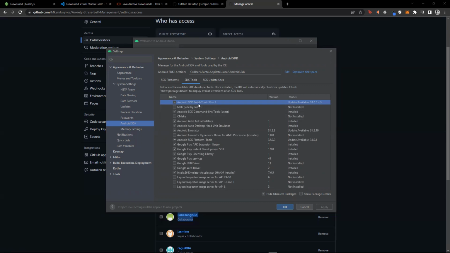Okay, and you're going to enable Android SDK build tools 33 RC3. This number could vary, the 33, but just make sure that you enable that one. The Android SDK command line tools, the latest, Android Auto API simulator, Android Auto Desktop Head Unit Emulator, Android Emulator, okay, Android SDK Platform Tools, the Google Play APK Expansion Library, the Google Play Instant Development SDK, Google Play Licensing